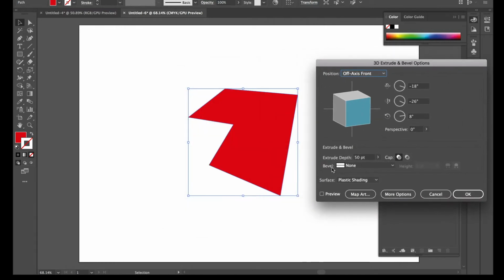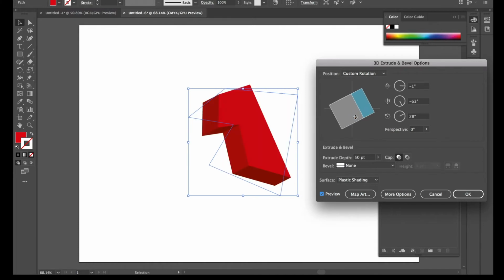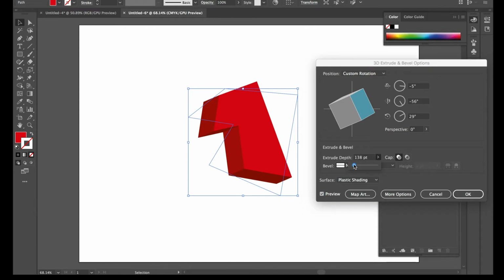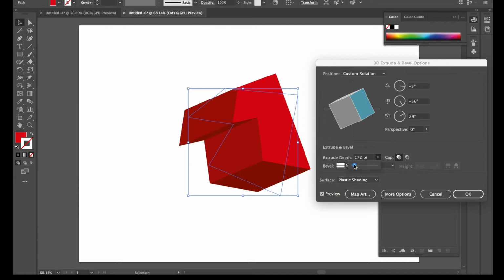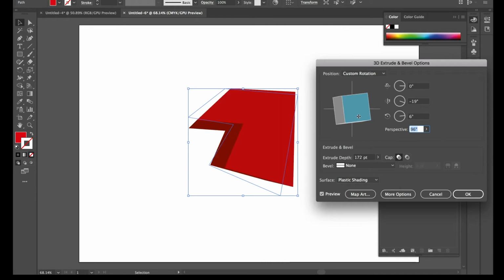will now allow us to look. If we click on the preview, it will allow us to use this in 3 dimensions and rotate it live on screen. Once you've got an angle you quite like, you can look at the extrude depth, which makes it even deeper on screen, and here gives you your perspective. So we can then apply a perspective to that, which is really quite effective,